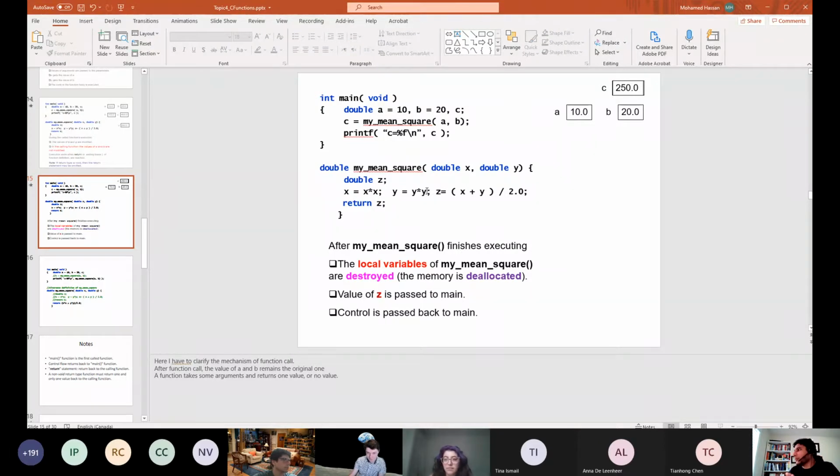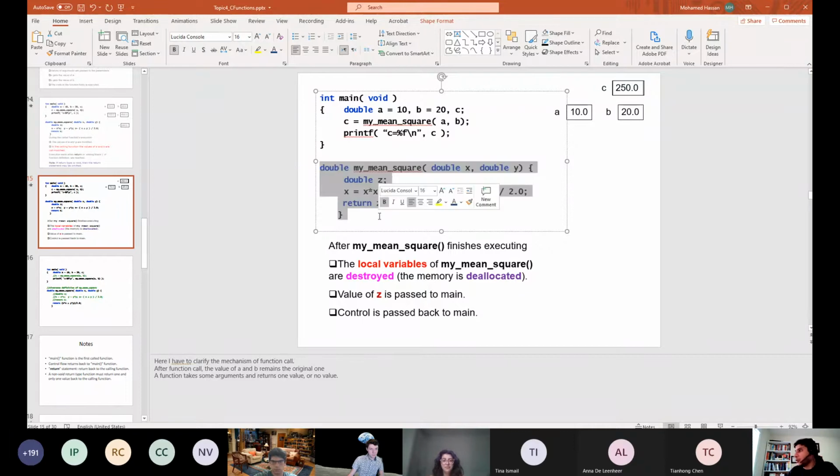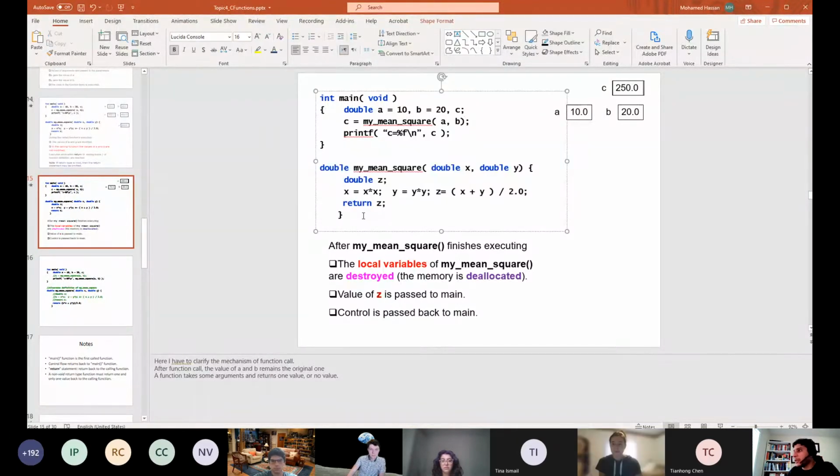if you took a snapshot of the memory of your program before doing the function call, you will never see x and y and z. And if you took it after you finish the call, there is no x, y, and z. There is not even a memory space for this function. Everything related to this function, including its local variables, gets defined in the memory when you do the call and gets destroyed from the memory when you really end the call. Good. So this is exactly what we mean by the lifetime of a variable: how much time it remains in the memory.